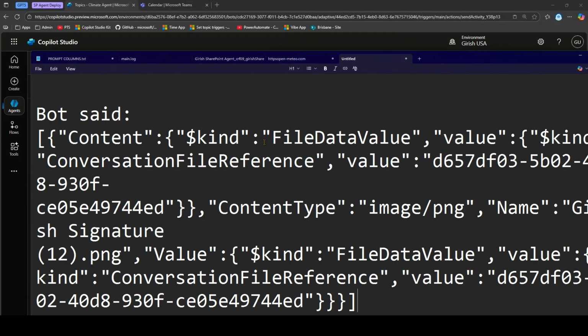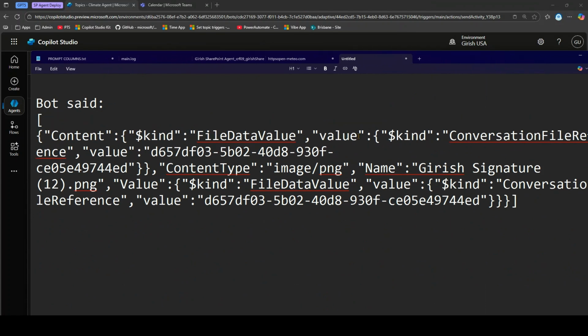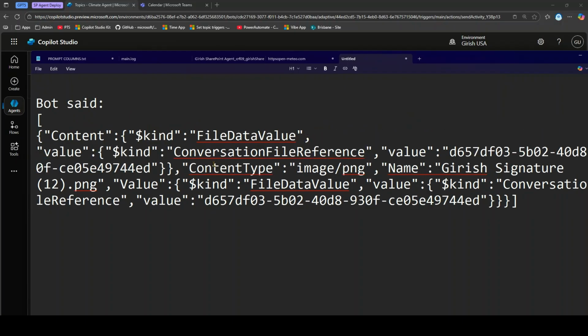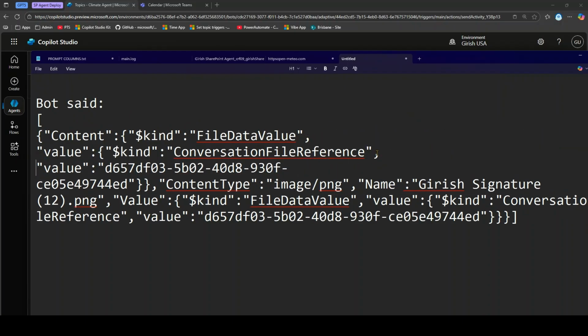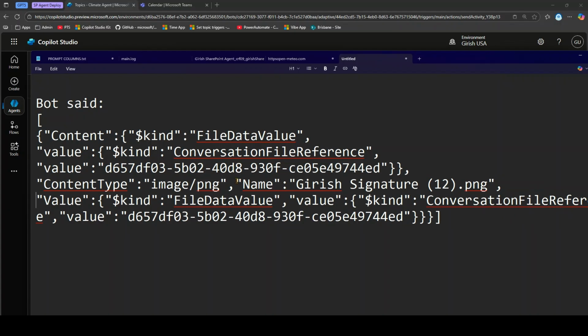Yep. So it says bot set and then the content. So we have this content kind value. So it's of type kind value. Then this is another value, and then this is a content type, and this is a value. This is the name,